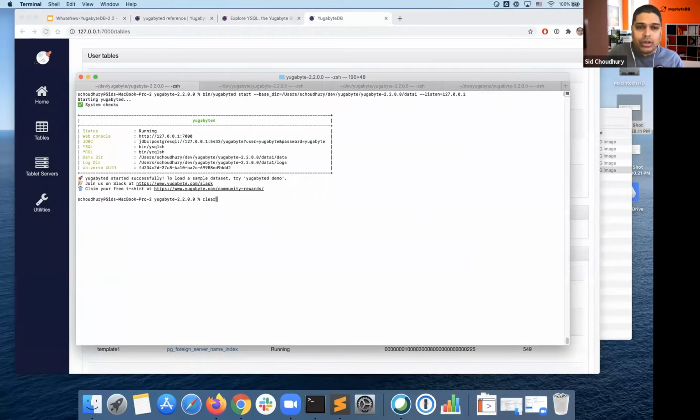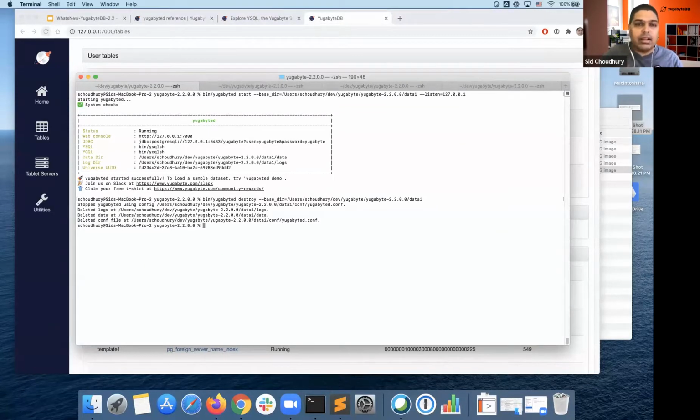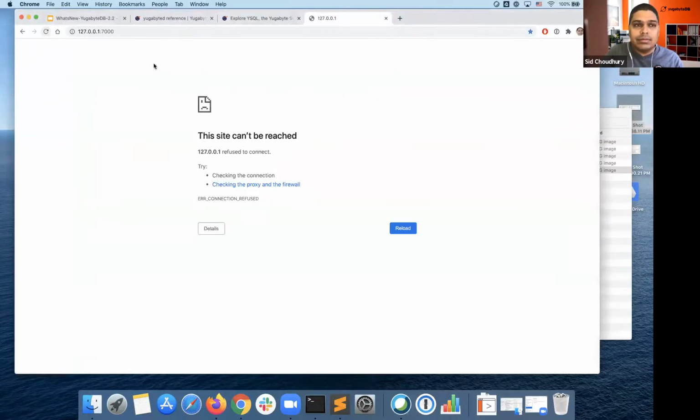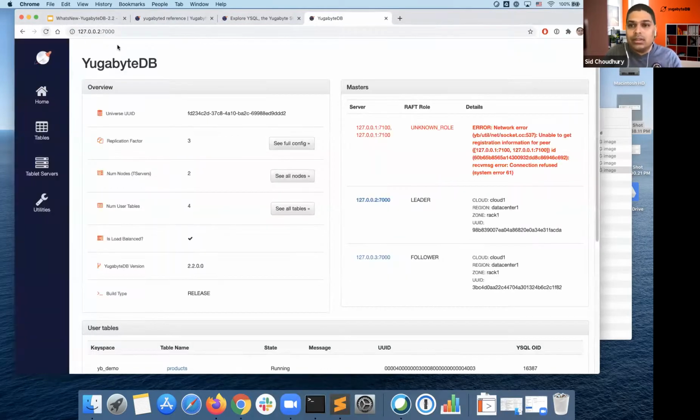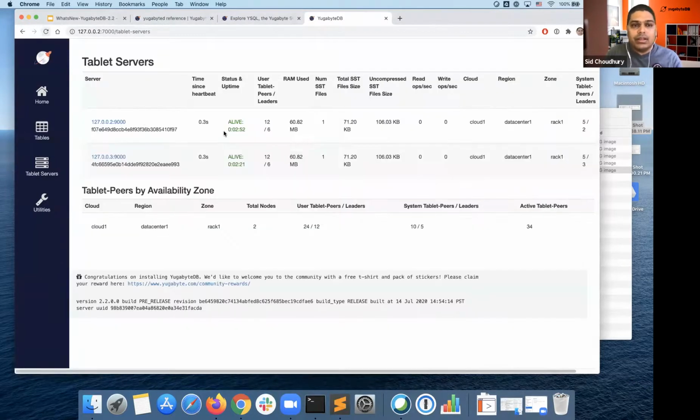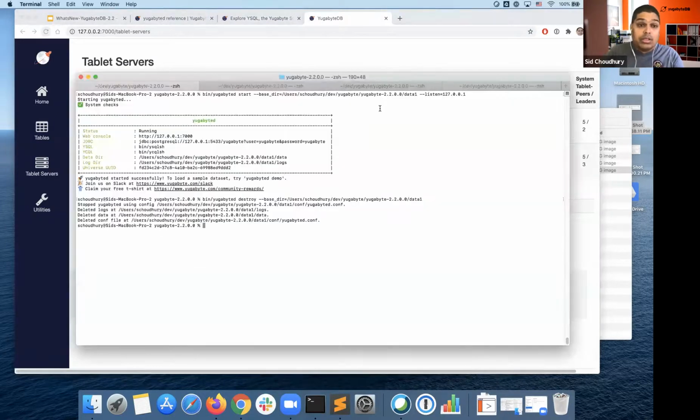Now I'm gonna do something that is considered crazy in the relational database world. I am going to destroy this node. I'm going to take this node to which I talk to. I'm going to destroy it, kill it, delete its data. Gone. Poof. Okay, 127.0.0.1, it is not there anymore, right? Now let's go to the second one. See, it is saying that I'm not able to connect, right? And if I go here, it's not there. Now, is my data lost?